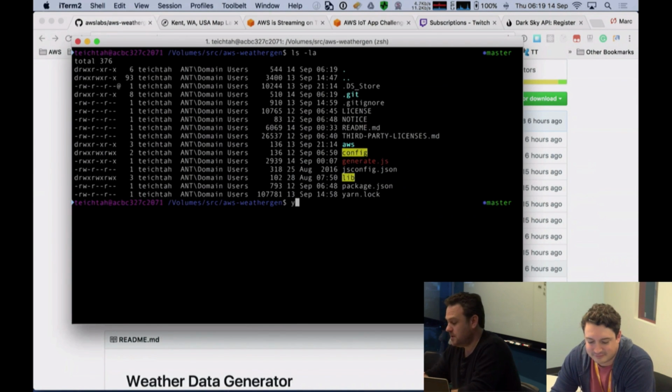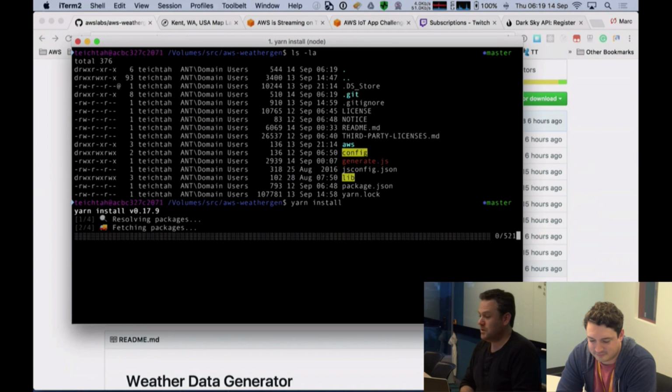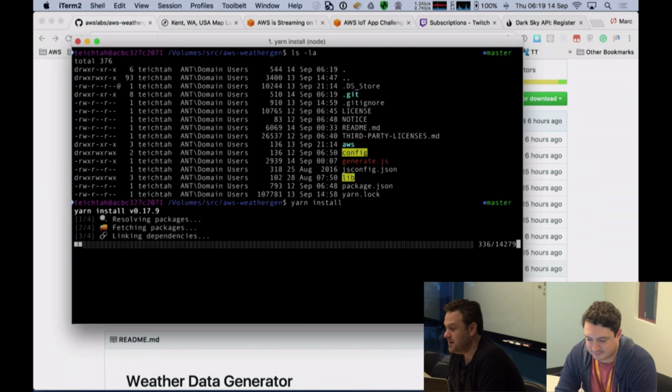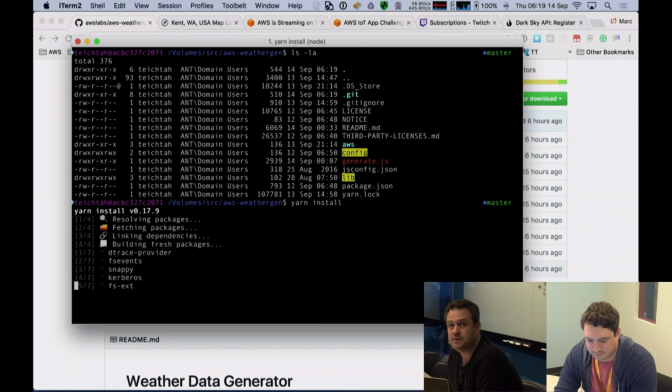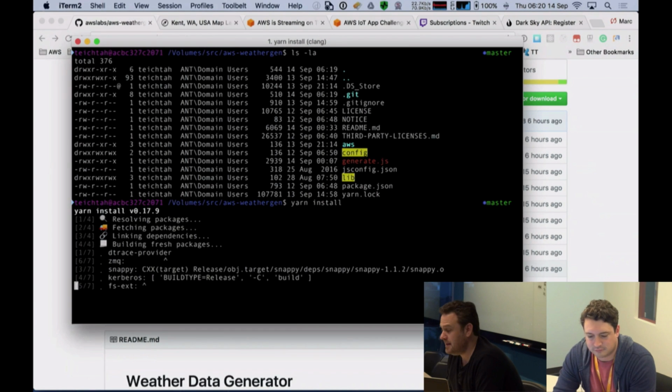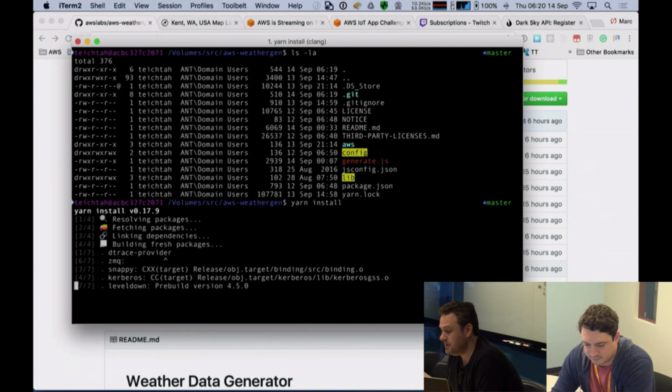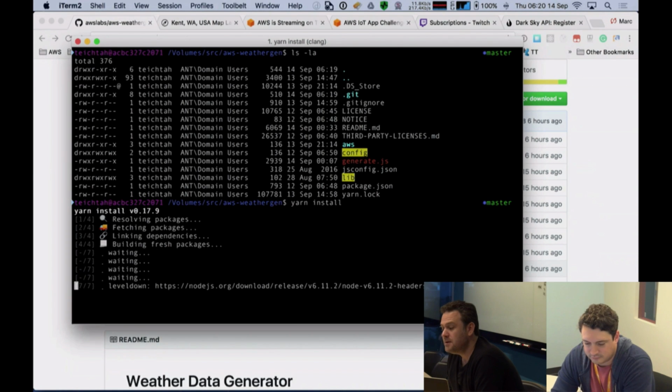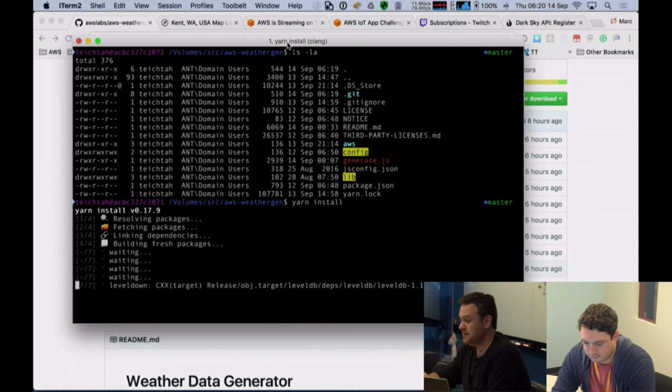And what we can do here is we can just go yarn install. That will go in and read the package.json file and will pull in all our dependencies. You could do exactly the same by using npm install, the node package manager, and it's really up to you. If you're using CloudFormation, the CloudFormation scripts that we've provided, this will be done for you in the EC2 initialization. We'll have a look at that as we go along. But what you can see here is I'm pulling down all the third-party dependencies. It does take a minute or two, but once you've got them, the only thing that's required is to keep them up to date if need be.